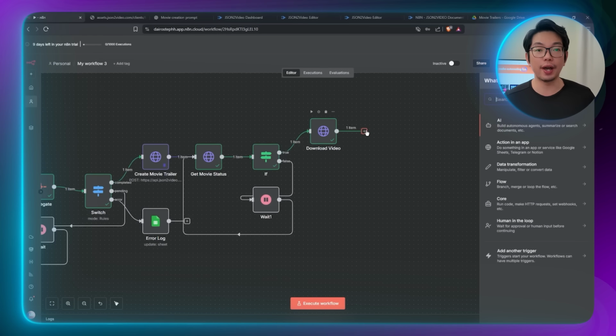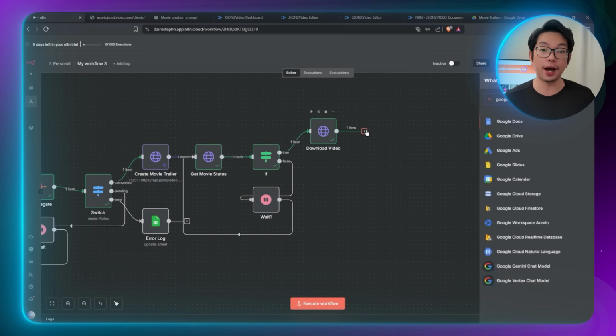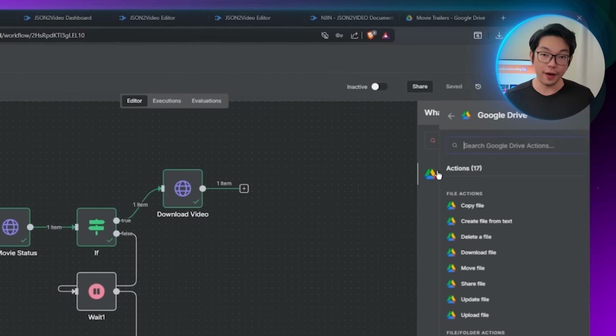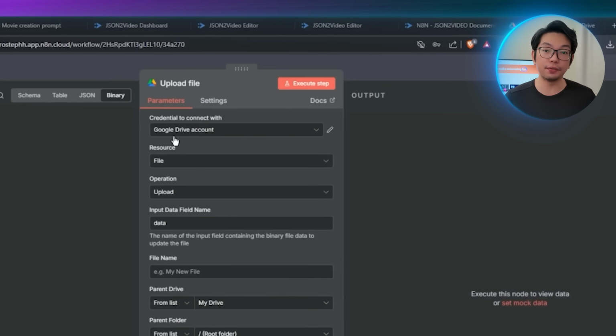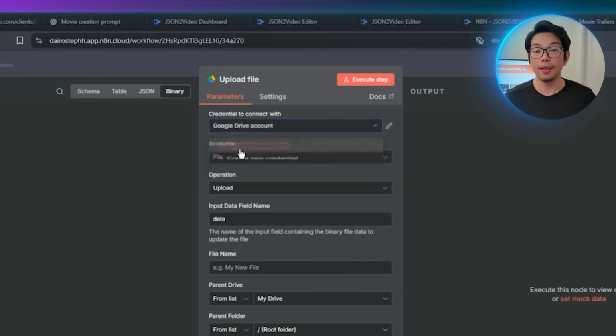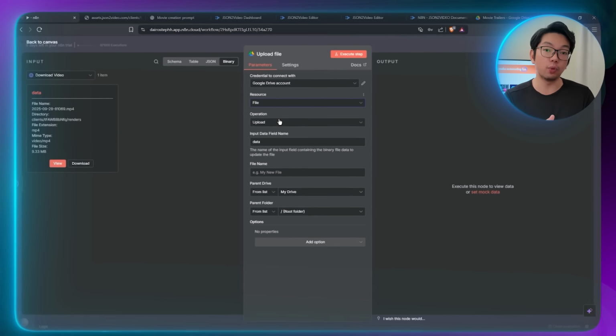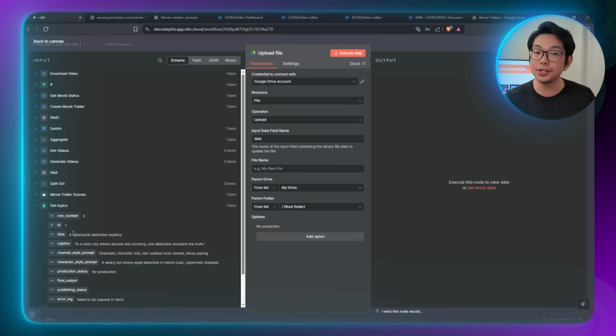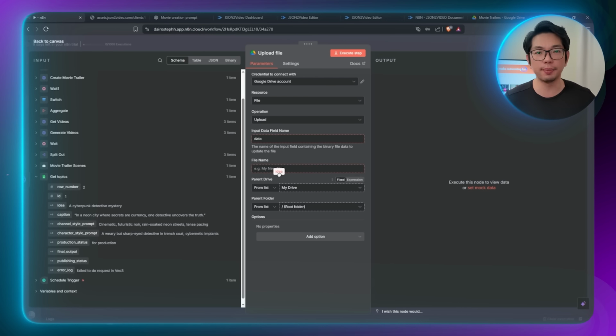Given that the final movie is ready, the next step is to store it somewhere accessible so that every generated video is saved and then is also easy to retrieve later. I'm going to add a Google Drive node here to our canvas and then set the operation to upload file. For the file name, I'll map in the idea field from the topics node. That way, each video gets saved with a descriptive title that matches the project instead of just some generic file